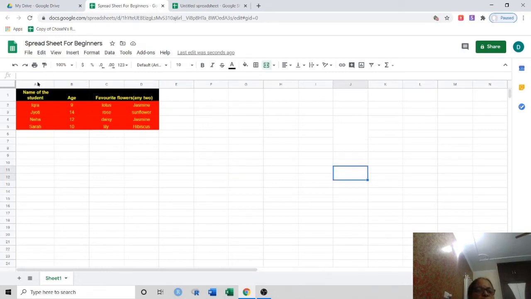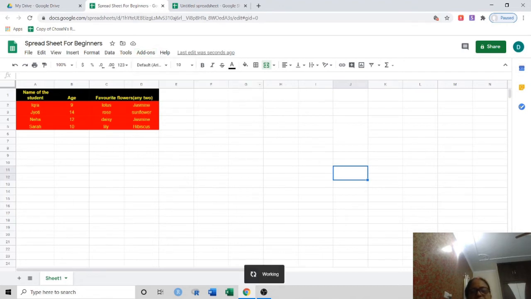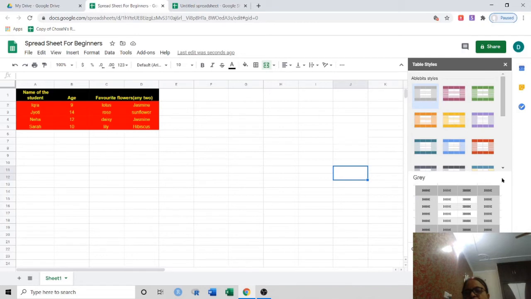Now suppose I want to give a different style to my table. For that I will go to add-ons. Now in add-ons I will go to table styles and apply style to selection. So here see various styles of tables will appear on the right of my screen, and whichever style you want to adopt for your table, you select your table and then select the type of table you want to make.